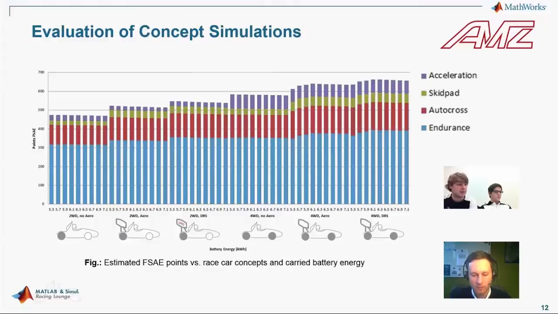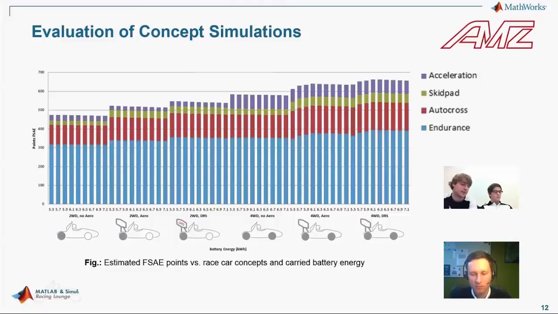But with the high performance cars, so the ones with 4-wheel drive and the aerodynamics kit, they can actually profit from the extra energy until a certain point. So until 6.1 or 6.3 kilowatt hours, the points are actually rising,